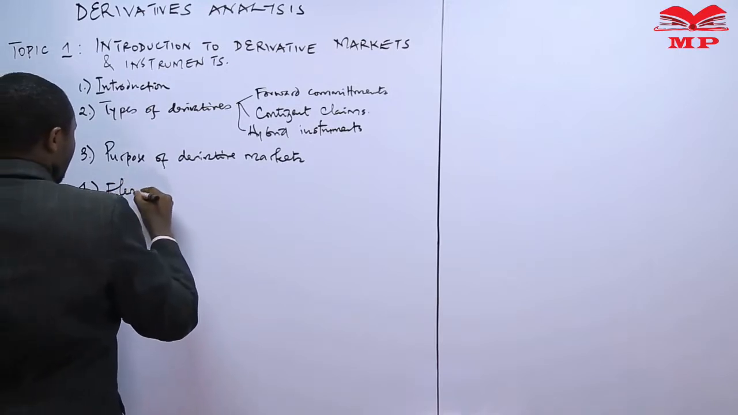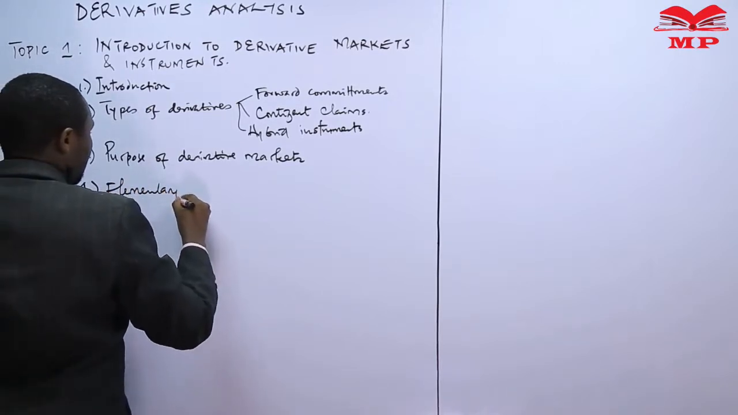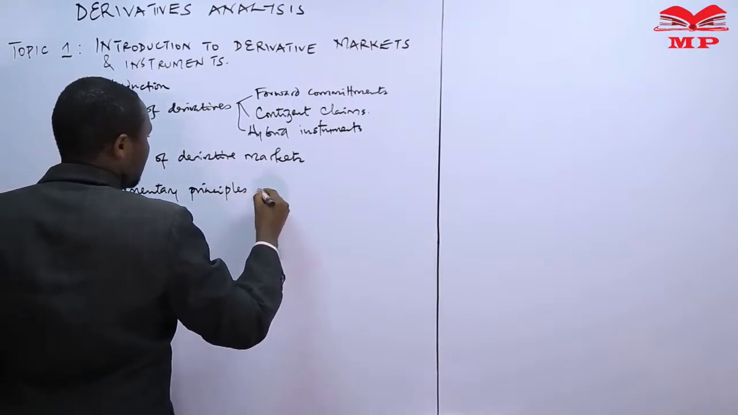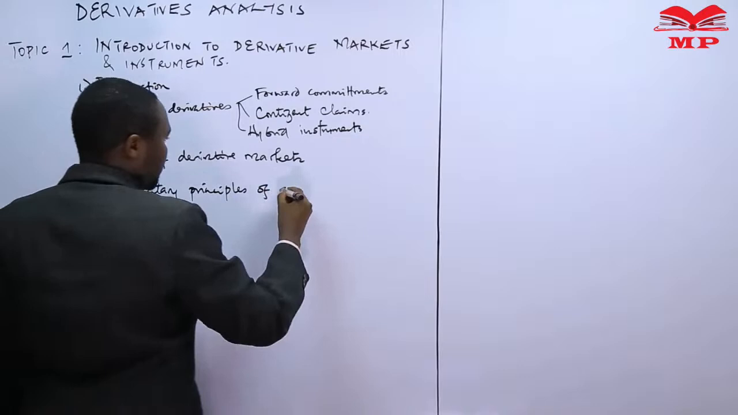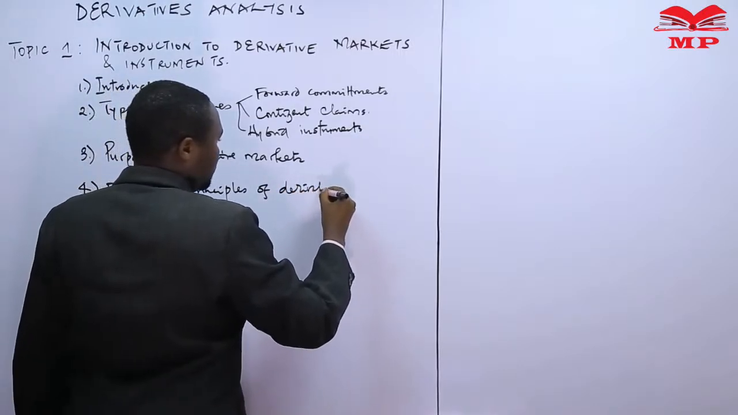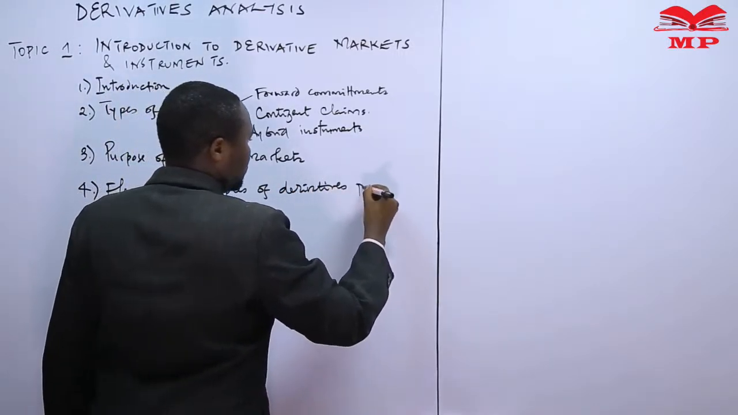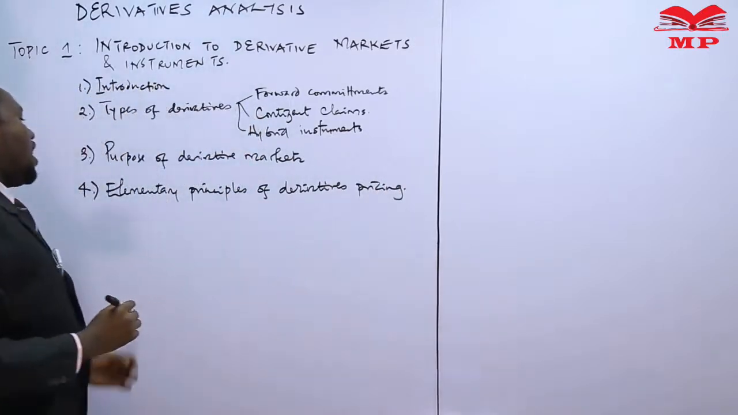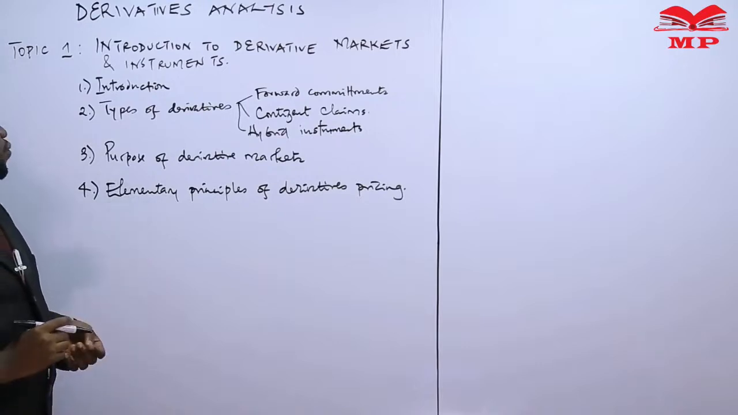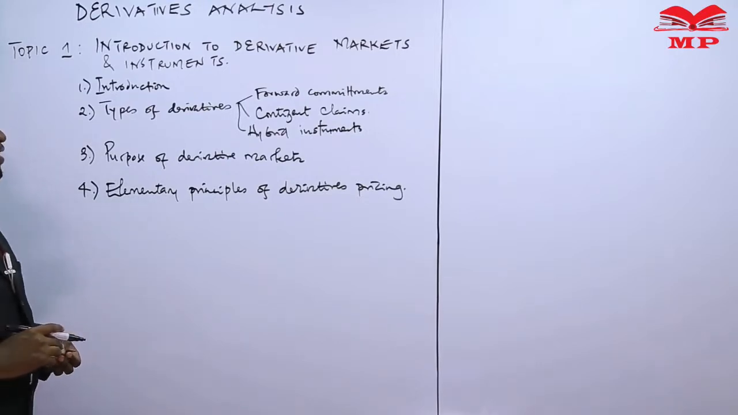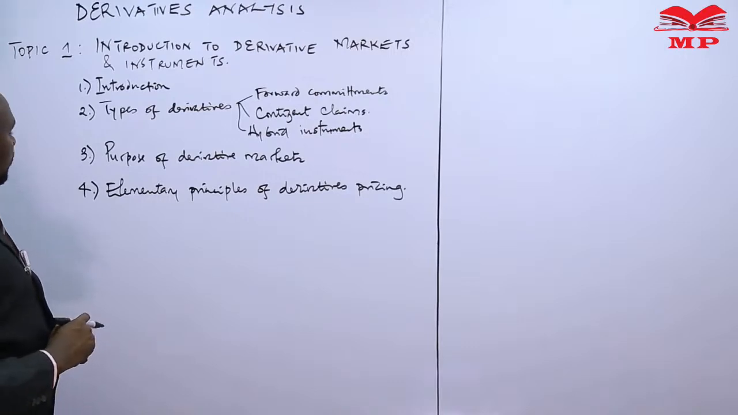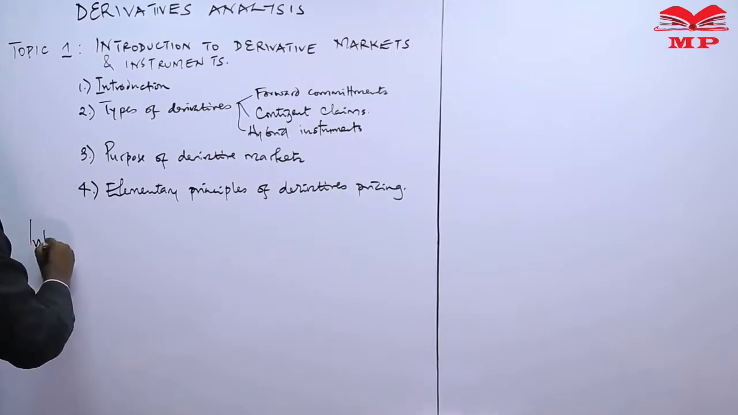Elementary principles of derivative pricing. Here it has more to do with the law of one price and arbitrage opportunities. So, in the introduction part of it,